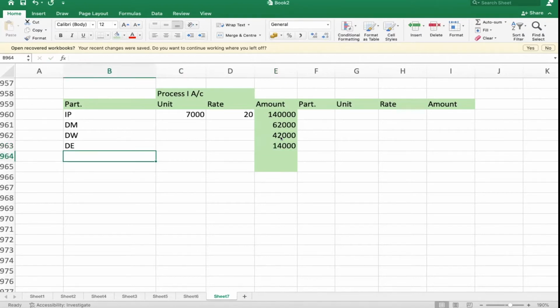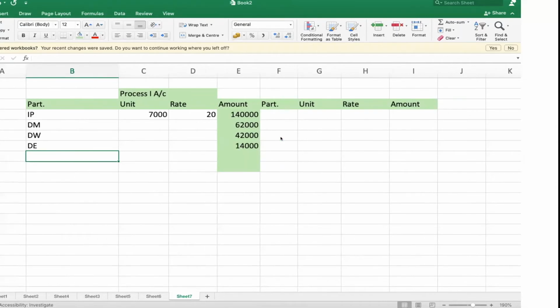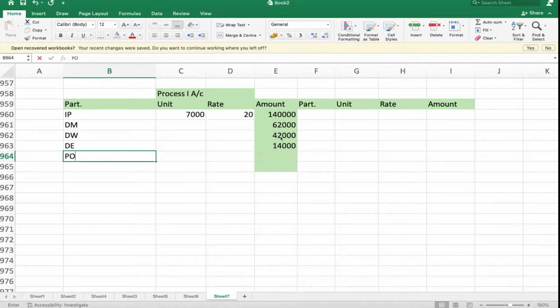Any other expenditure is there? Production overhead, sir. Production overhead is there. Very good. In this type of problem in exams, in general, many students skip the production overhead. They won't notice properly. Sometimes they'll give it in terms of percentage, sometimes in total, and sometimes you have to apportion. In this problem, total production overhead is given that we have to apportion among the 3 processes. Am I right? Yes, sir.